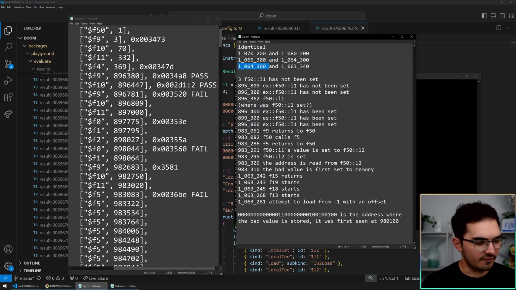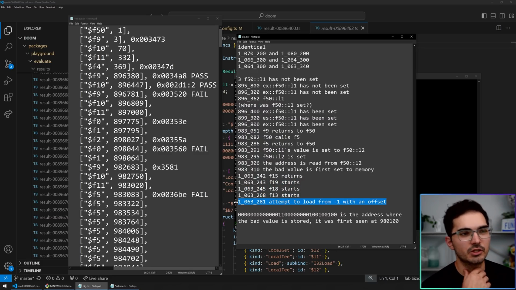After this, I broke down and fixed a lot of the tooling, and then I ran it again, hoping that would make a difference. It didn't make a difference. It was still broken. So there's some instruction somewhere that's doing the wrong thing. So what I did is I eventually figured out where there was a bad memory address happening. So the bad read